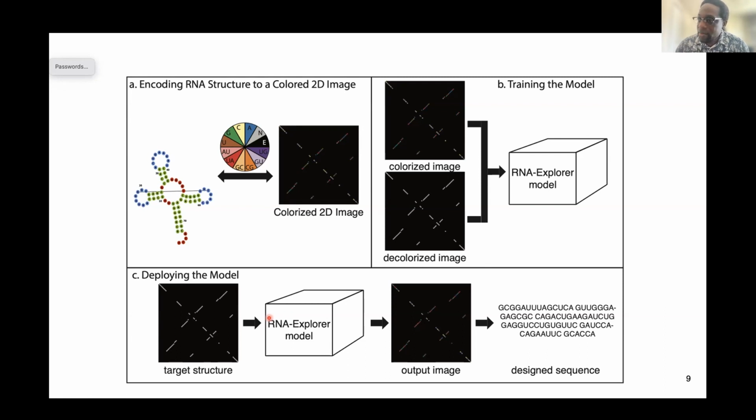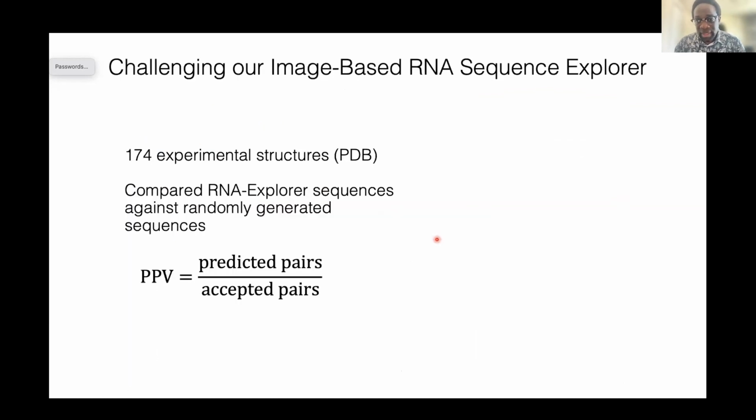And then based on the secondary structure we created, we turned each of them into a colored image and a decolorized image, right? And then we trained the model, and then we deployed the model. So what I'm going to talk about next is how we challenged this model, and we're going to compare its performance. And so essentially what we did is take about 174 RNAs for which we know their structure, and